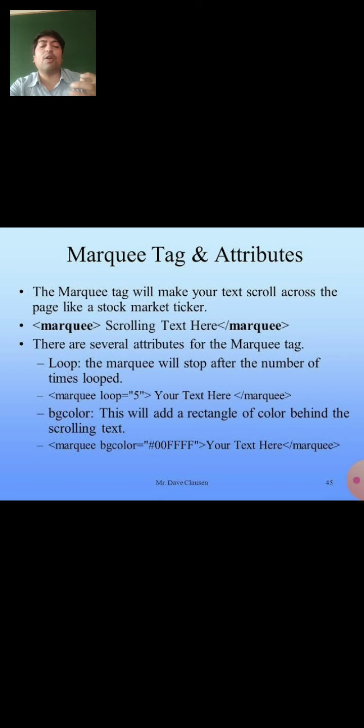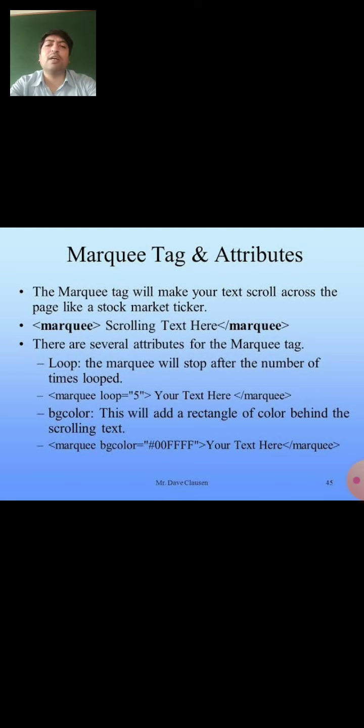You can give automatic loop. It will continuously loop as long as the website is running. But if you give a specific number of loops to the given text, it will loop up to the required number of loops. So you can give a different number for the loop. You can set 10, you can set 12, you can give any number of loops to the text. You should enter the loop number inside the marquee tag. So it is similar to the other attributes given to the marquee tag.